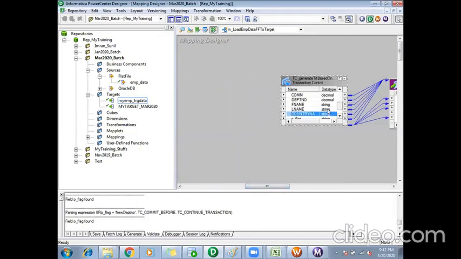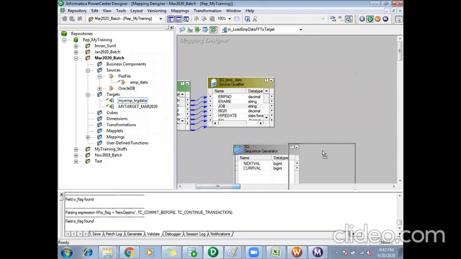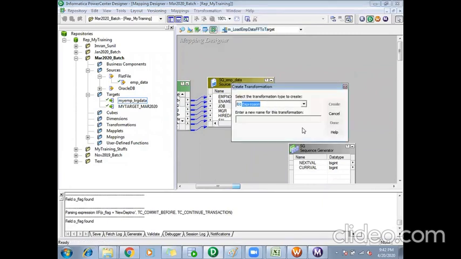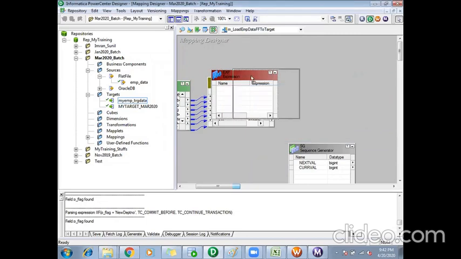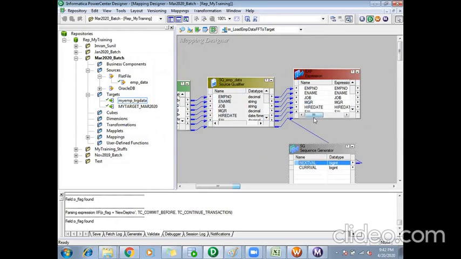Okay, I have a source qualifier now, and I have used a sequence generator. I will use an expression transformation again, and create exp. I'll take all the ports from my source qualifier to the expression, and the NEXTVAL port from the sequence generator also to the expression.